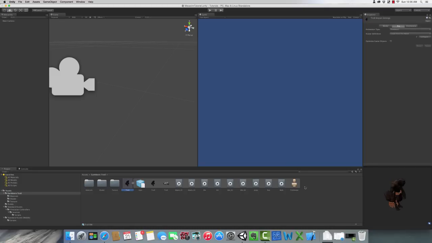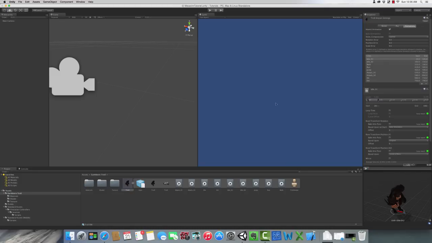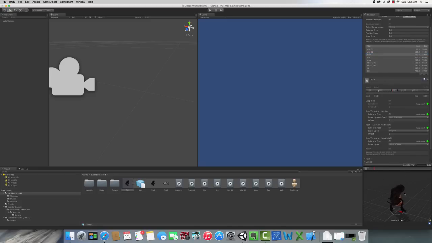So now we are going to need to take a look at the animations that came with this character. So if you notice, for example, the walk animation, we hit play. I'm sorry, this is going too slow. And it's looping right now, but if you look closely here in the setup, it is not checked for it to loop, and we do want the walk animation to loop. So what you want to do is select the animations that you want looping,